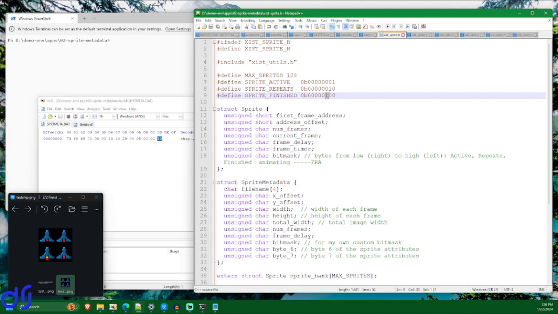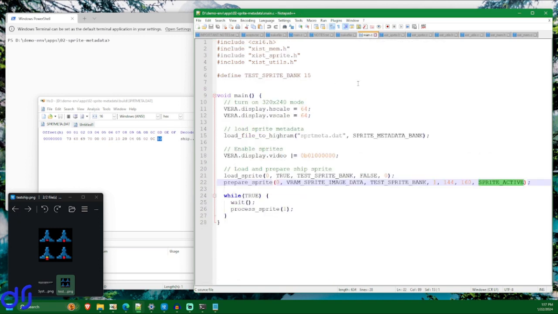Right now, there are only 3 bit flags that I have defined for the sprites, but we have 5 more slots available in our byte here, in our bit mask, if I think of additional flags that should be added to this sprite functionality. All right, so just to summarize, we loaded our sprite metadata that contains all the information